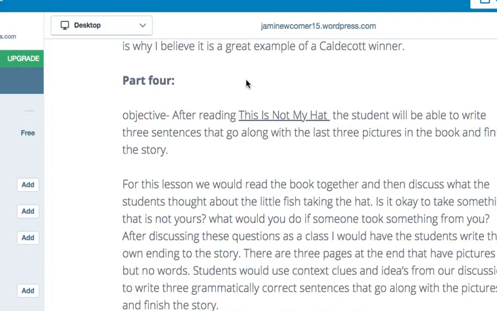One of my favorite lessons that I created was for this book called This Is Not My Hat. I really connected with this book. It was one of my favorites that we read. And here I had the objective after reading This Is Not My Hat: the student will be able to write 3 sentences that go along with the last 3 pictures in the book and finish the story. In this book, the author ends with 3 pictures instead of words to finish the story,